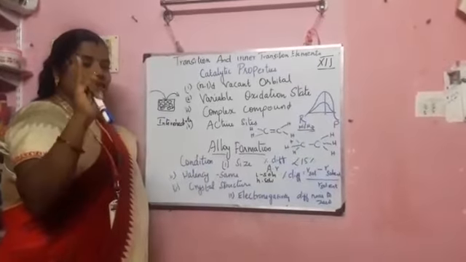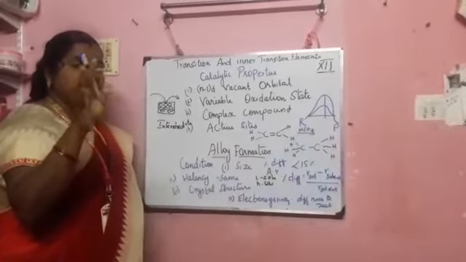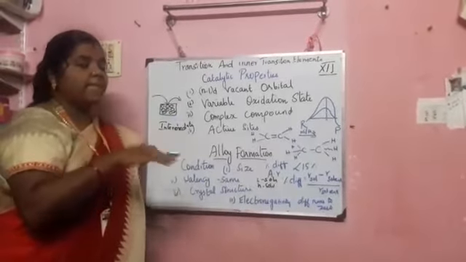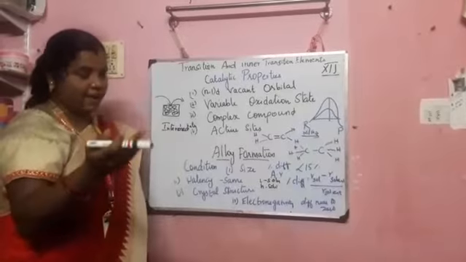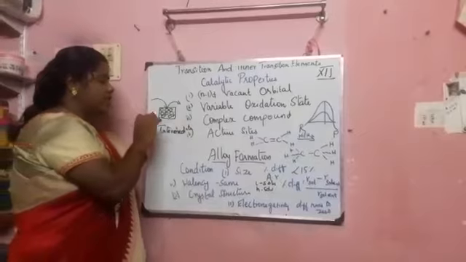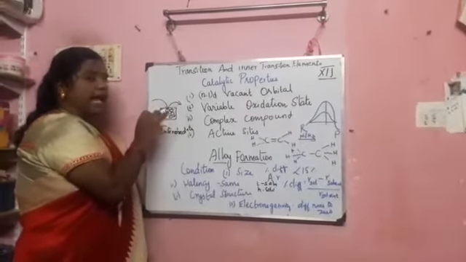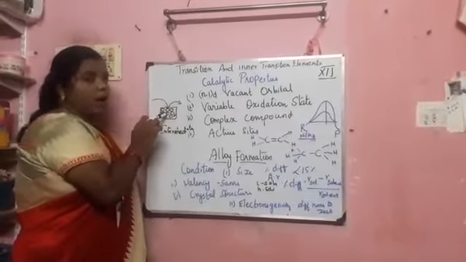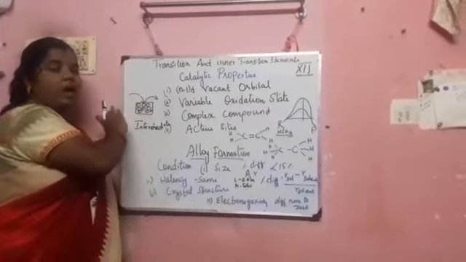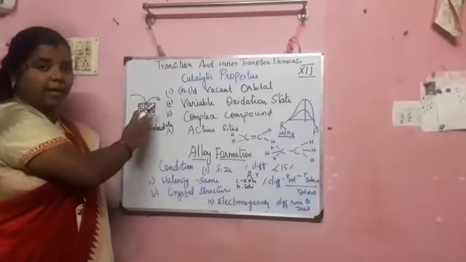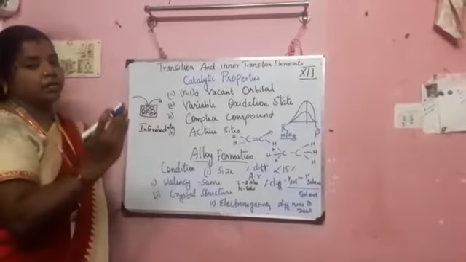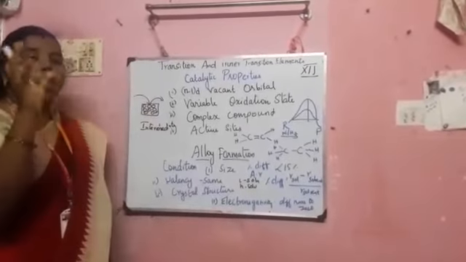First one, size. It should be more or less the same in size. And second one, valency. If the sizes are the same, the valency should also be almost the same. And next one, crystal structure. Just imagine it is a compound having elements. I have only one kind of element because it has the same size. If I remove one element or add another element, it should fit over it. Only if it has the same crystal structure will it form a homogeneous one.